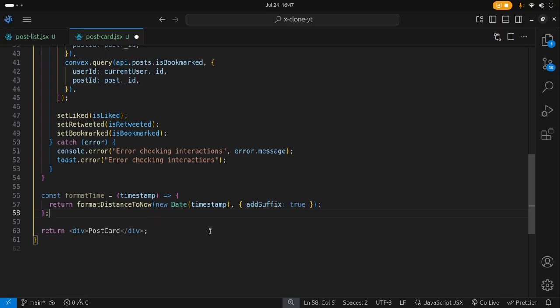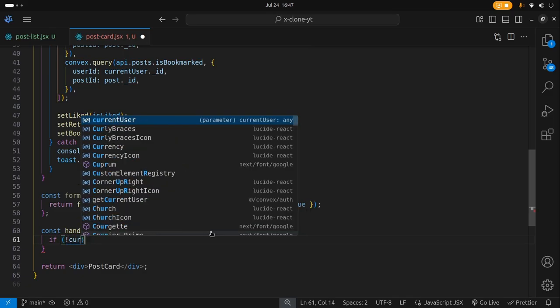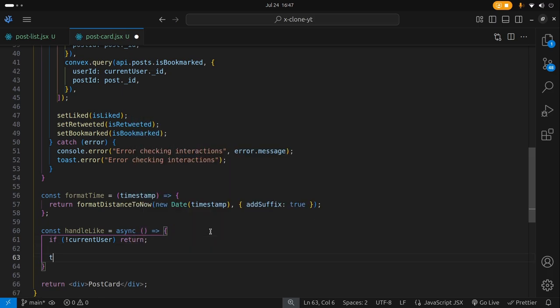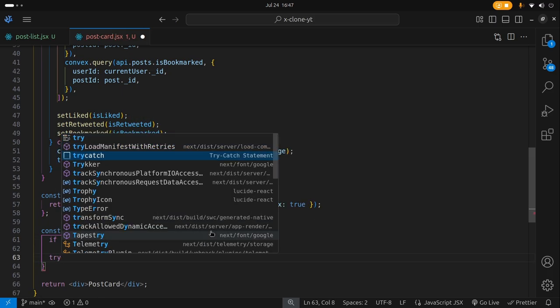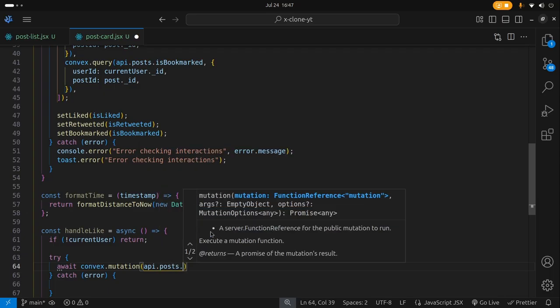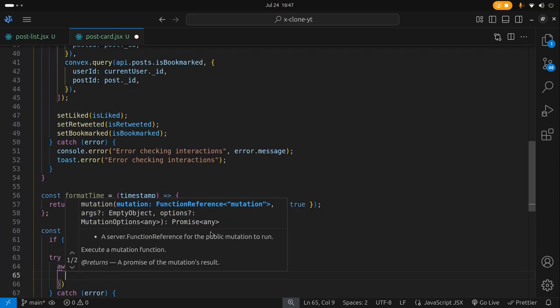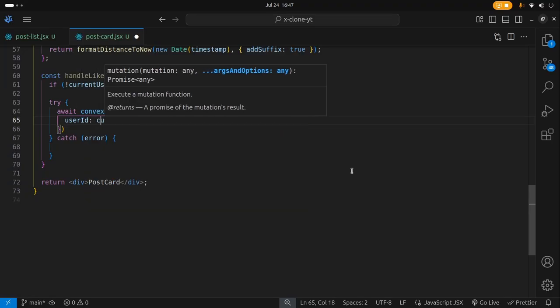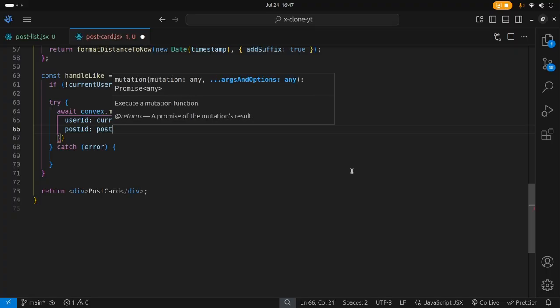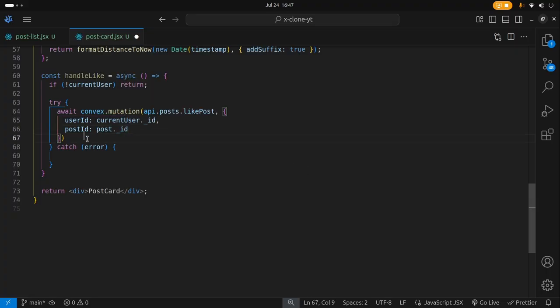Now next, we're going to create our handleLike function. So const handleLike is going to be equal to an asynchronous function, and we want to check if there is no current user, then we want to return. Otherwise, we're going to have a try catch block. For the try block, we're going to say await convex.mutation, and then pass in the api.posts.likePost, which we don't yet have, and then we're going to pass in the user ID as the currentUser._id, and then the post ID is going to be the post._id, and then we're going to